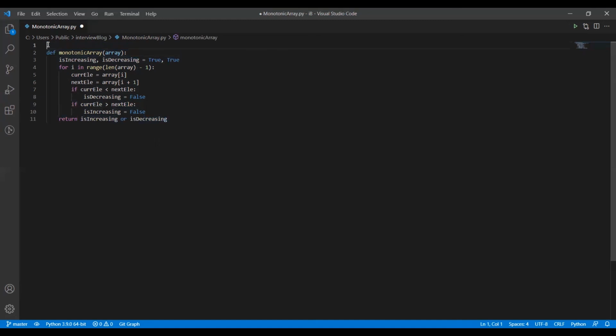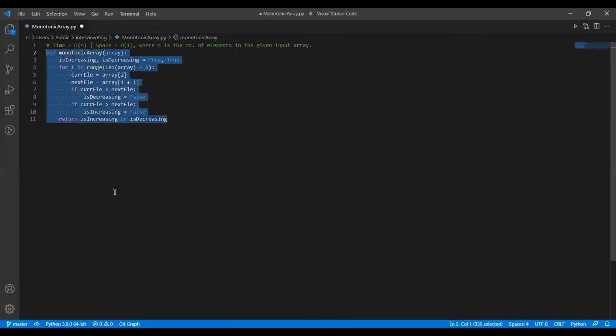Our solution has a time complexity of big O of n and a space complexity of big O of 1, where n is the number of elements in the given input array. So hope you understood the solution. Let us now test our solution.